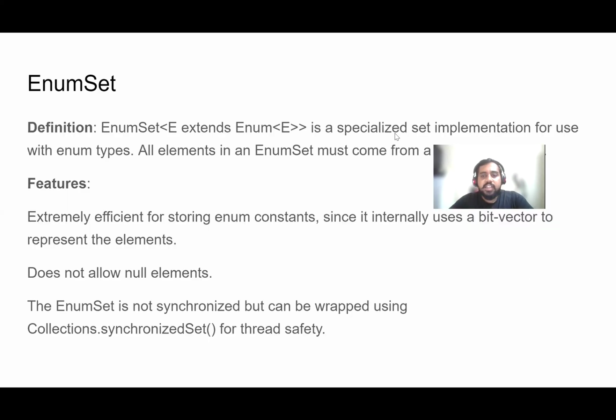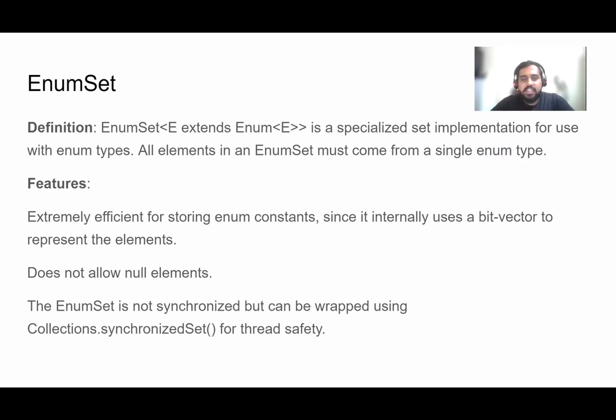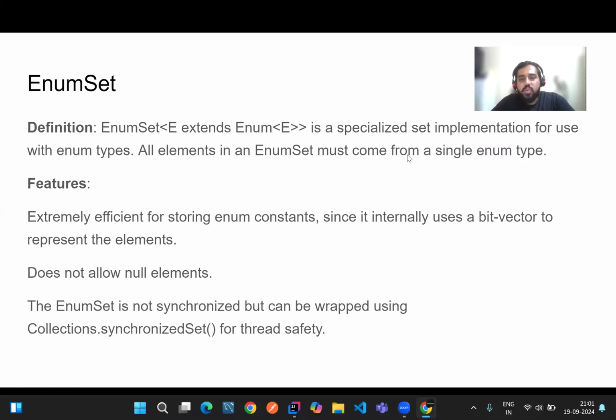So let's see another type, child class: EnumSet. So what is EnumSet? EnumSet is a specialized Set implementation for use with enum types. Enum types are some constants we defined already, some values we defined already in the code. So